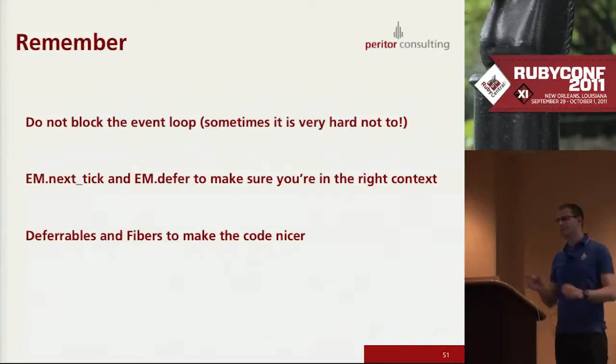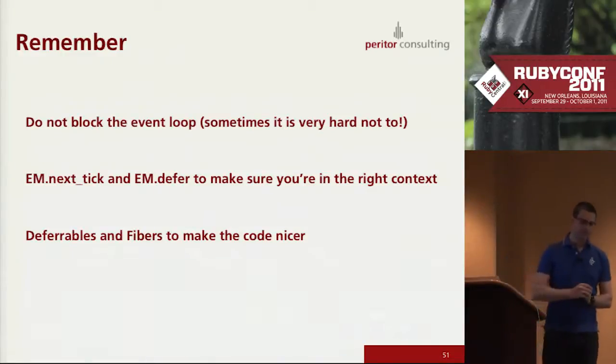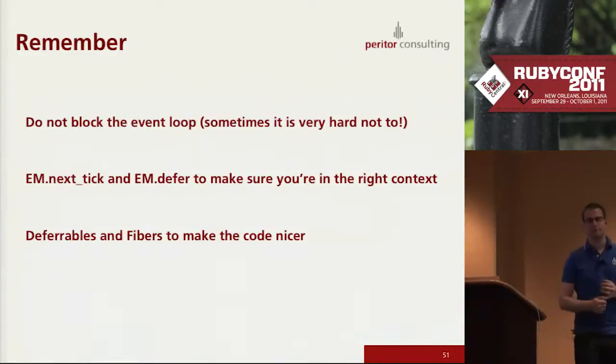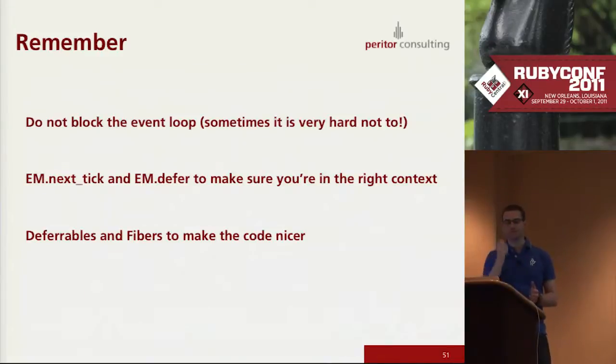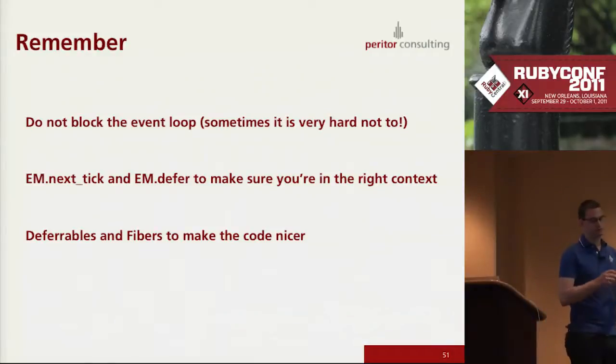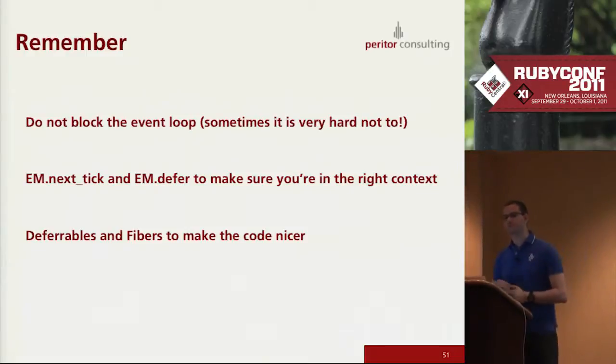And sometimes, even if you do everything correctly, if you use only evented libraries and make sure to use Deferrables and stuff like that, it's very easy to just do too much work because you didn't test it with thousands of messages processing at once to break it. So you always have to remember not to have any code that runs too long. Limit yourself: do an EM.next_tick, yield, and try again in the next iteration. And the two important things are to know what EM.next_tick and what EM.defer do,